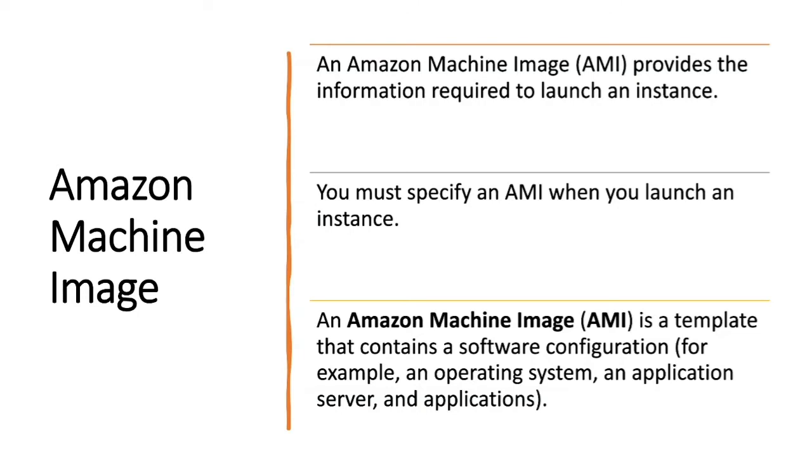So it is a template that contains all the types of your software configuration, that is nothing but your operating systems, your applications, your servers, etc. That is very essential because you know that hardware is useless without an operating system. You always need software to guide your hardware to do all the tasks. So whenever you want to launch an instance, the first step of launching is selecting an Amazon Machine Image, which is just a template of your software configuration.